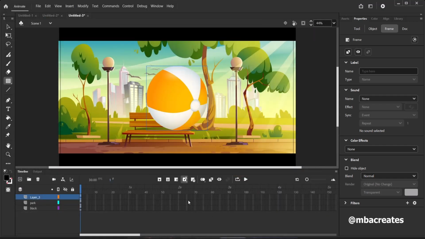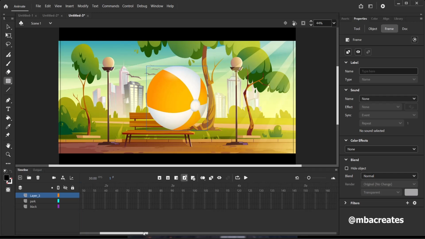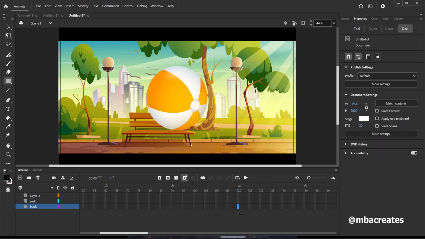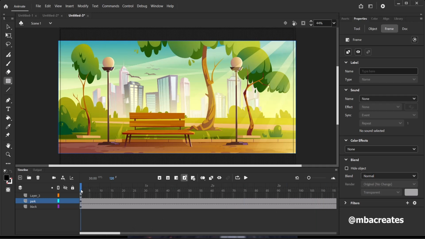Now what I want to happen is for the beach ball to bounce across the screen from left to right, and I want this to happen in 4 seconds. So on my timeline, I look for 4 seconds. And I click on the black and then the park and insert a keyframe. In doing that, we see the ball has disappeared because the playhead is on the last frame. Let's head back to the first frame